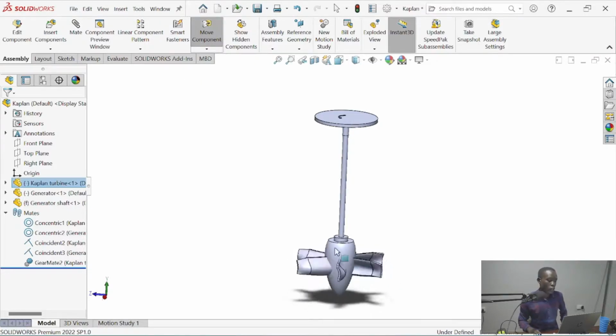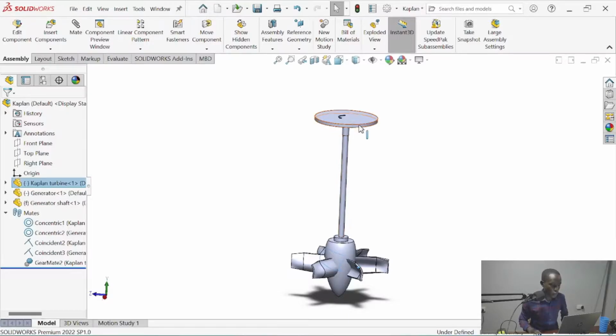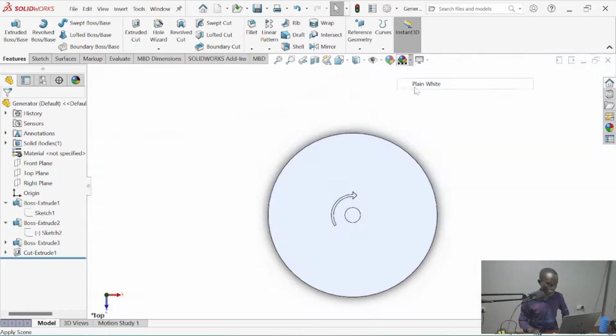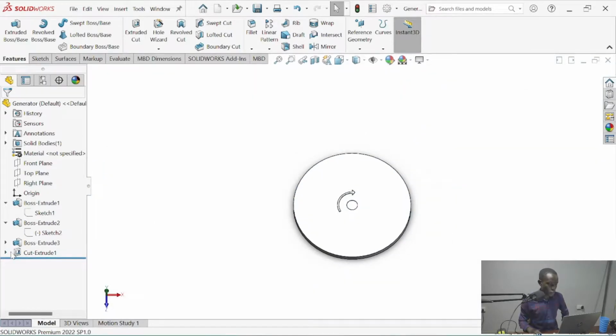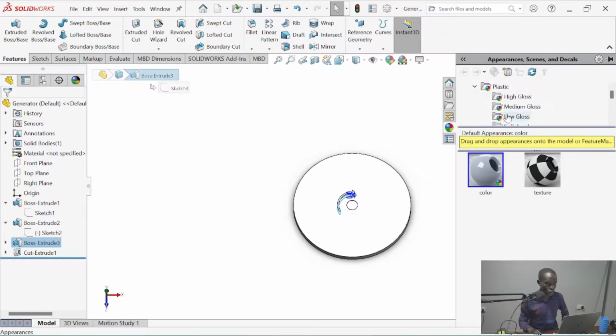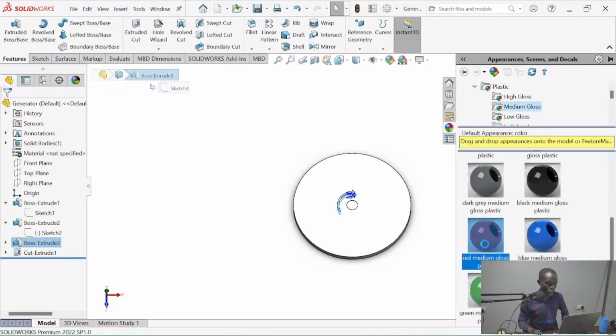So you can see that operating. And now make some adjustments. Putting some color there.